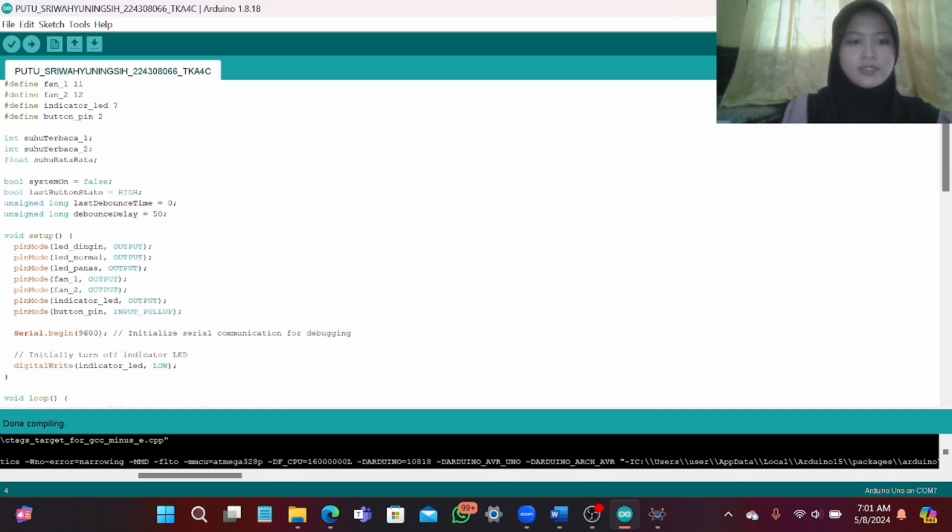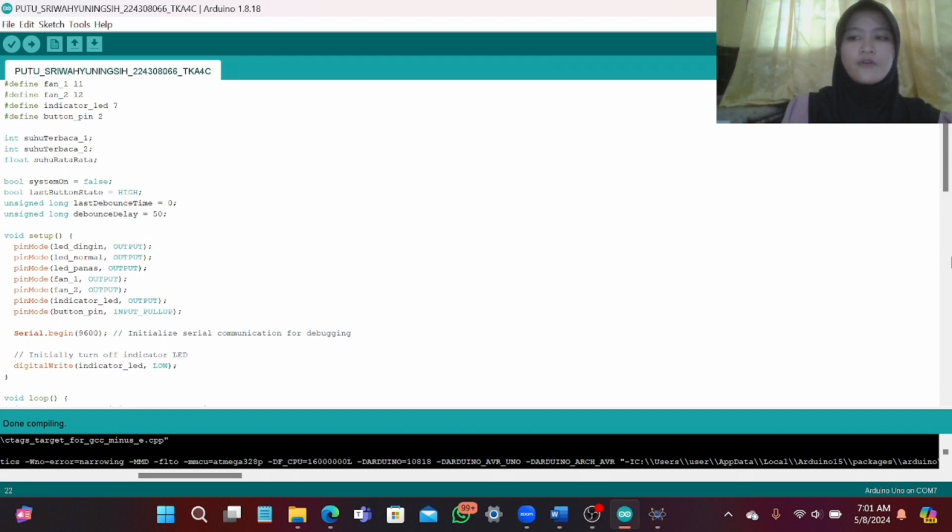Next, the lines declare the variables that will be used in the program. These include variables to store the temperature reading from the sensor, the average temperature, the system on or off state, and a variable for button debounce.